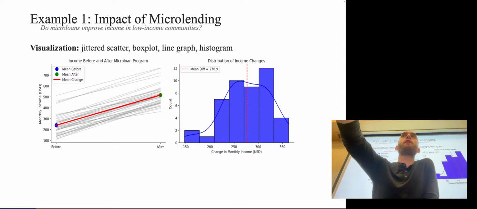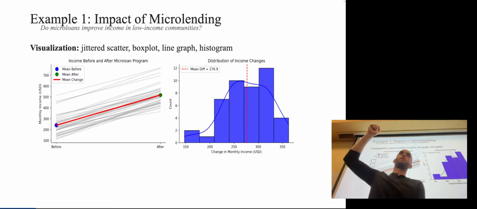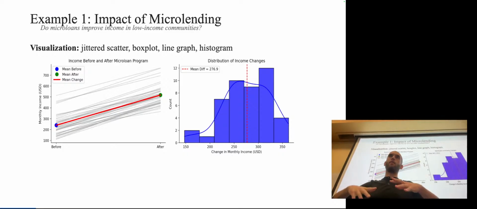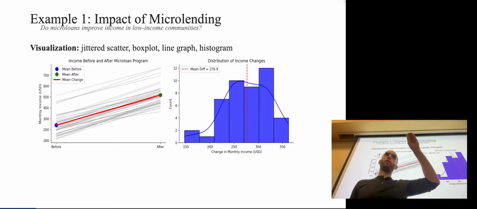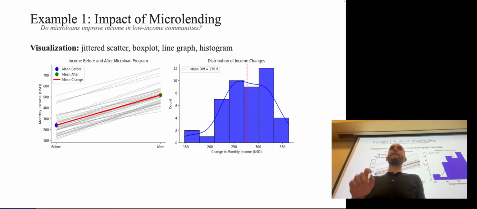So if we were using the original data where we had just one column representing income and then one column representing whether the group was treated or not, we could use a two-sample t-test in that case. So in that case, our outcome variable is equal to beta 0 plus beta 1 times the binary indicator variable. But in this case, it's going to look a little different and actually kind of simpler.